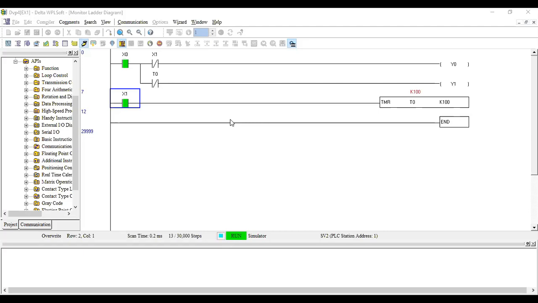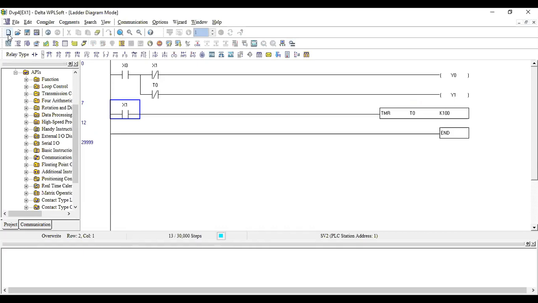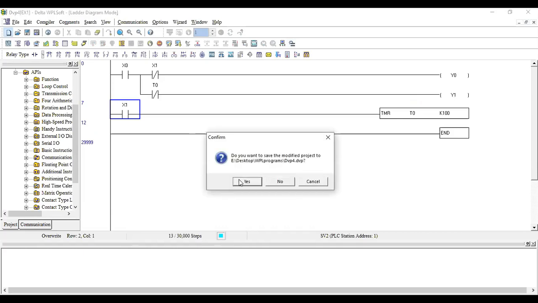What we'll do is try to do an operation where, whatever the timer status, we'll move it into a register. We have a lot of index registers, different registers that are available. We'll move that into a register, and from that register you'll retrieve the actual value and work upon it. That's the way we're going to do it. I'll open a new project. I'll first switch off the simulator. Okay, I'll open a new project.